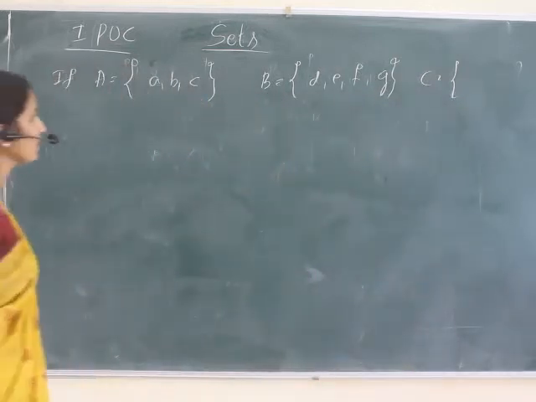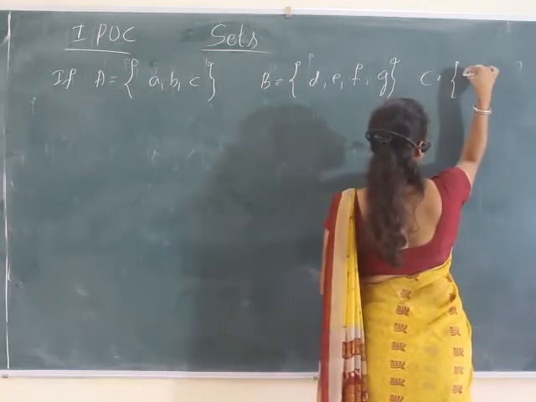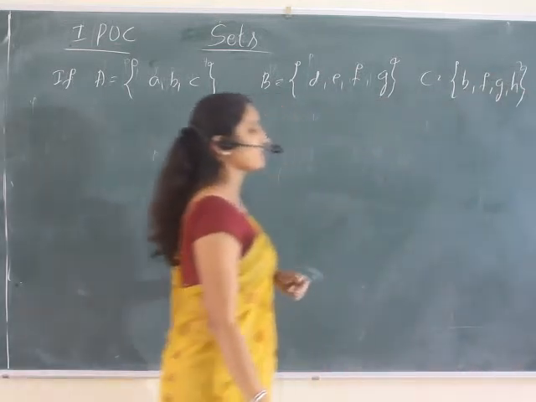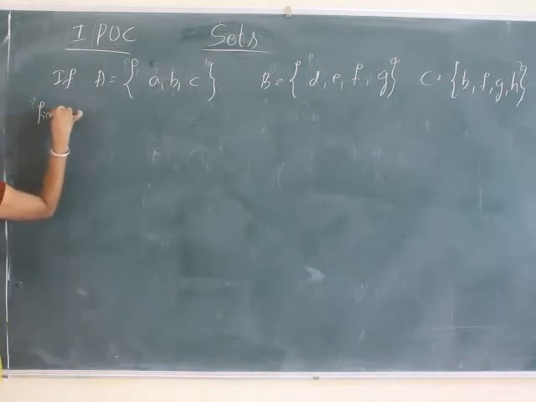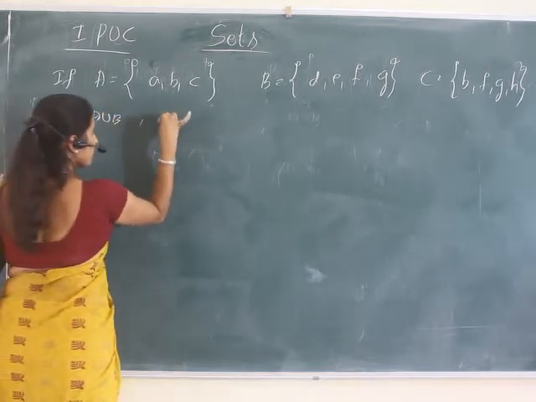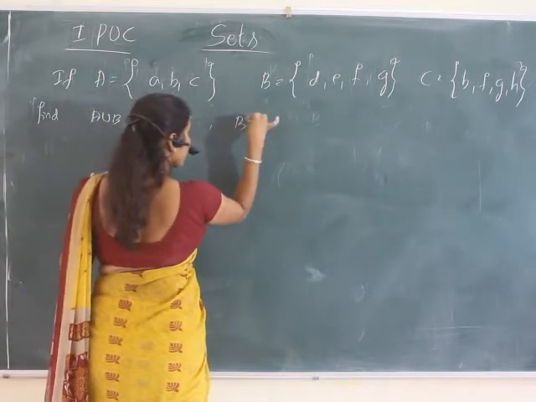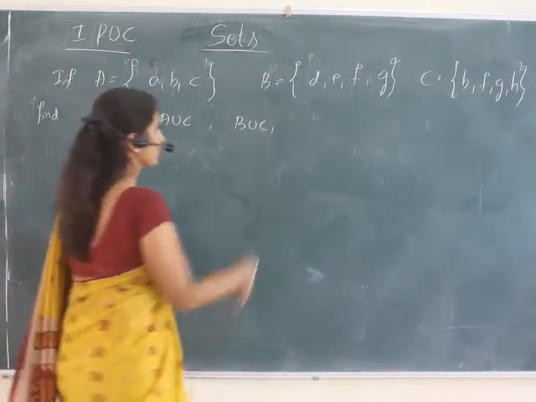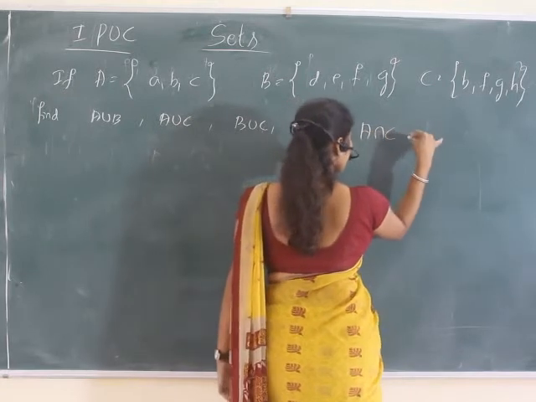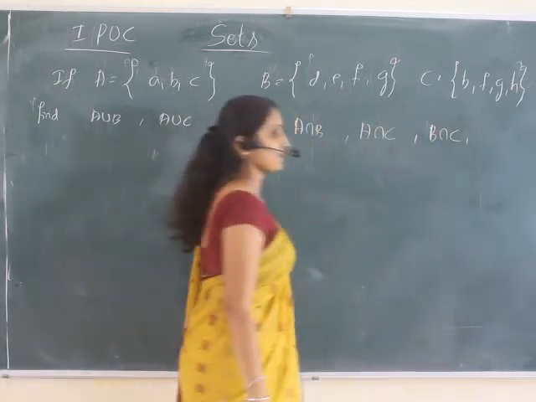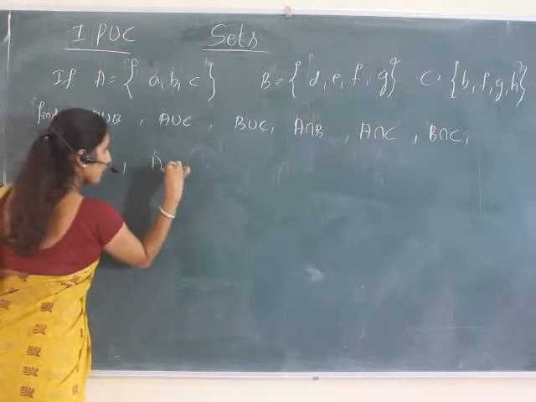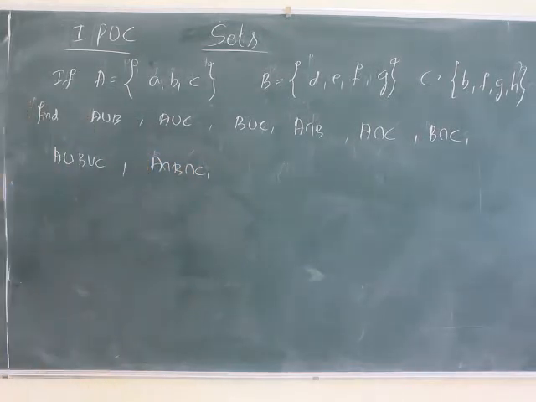D, E, F, G and C is and H. Find, you have to find A union B, A union C, B union C, then A intersection B, A intersection C, B intersection C, A union B union C, A intersection B intersection C, then